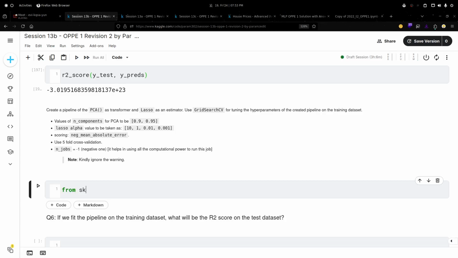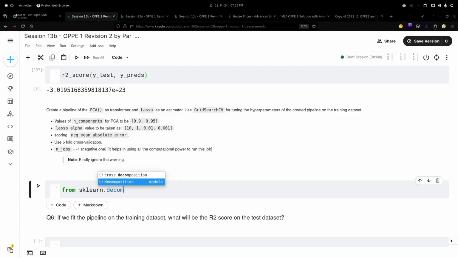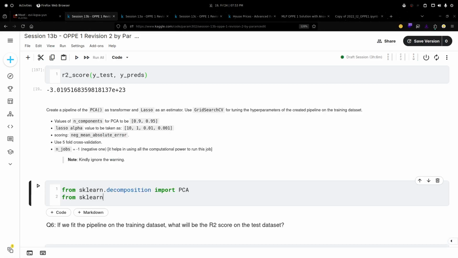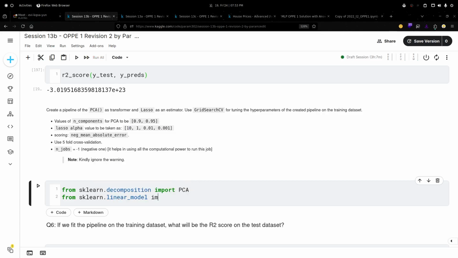For PCA, sklearn.decomposition import PCA, and for Lasso, from sklearn.linear_model. Okay, so I have imported it.